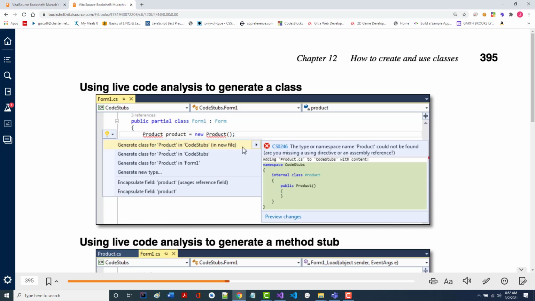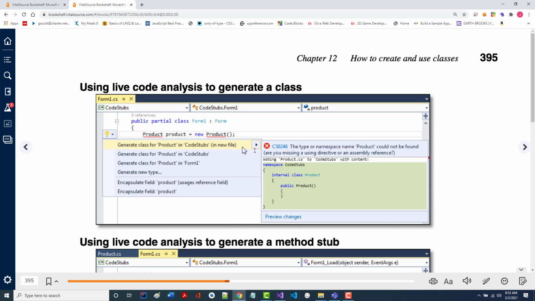They'll be different depending on the type of class or exactly what it is you're doing. But if you choose the first one that they're showing right there, it's going to literally add a product.cs or a product class. There won't be anything in it yet, all right? But the program won't break now, okay?